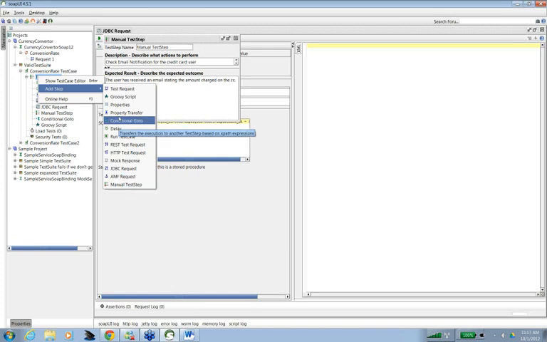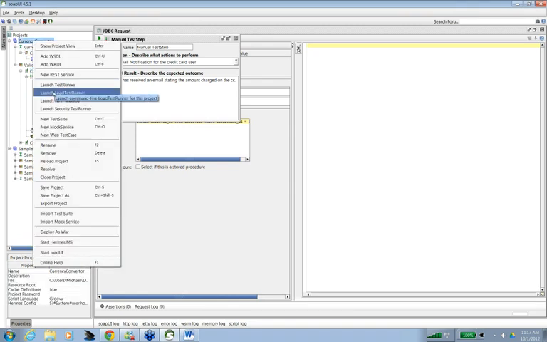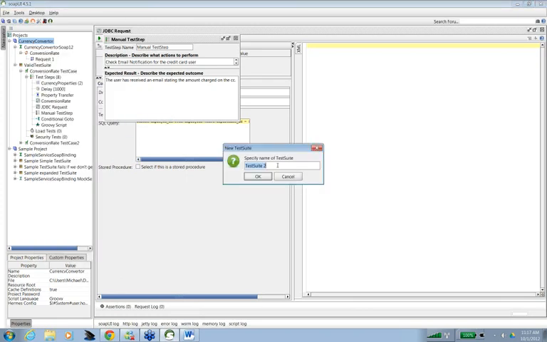Okay, and I think we have covered most of it. You won't be using AMF request, right? So these are the various test steps which can be added to a test case. So you can write a valid test case. Similarly, I can create another invalid test suite also. So I can write here new test suite, and I say invalid test suite.